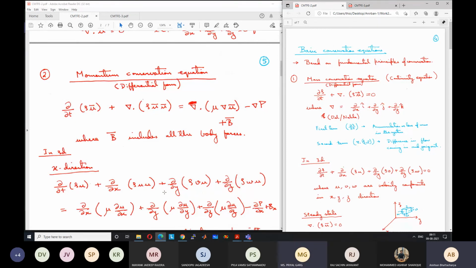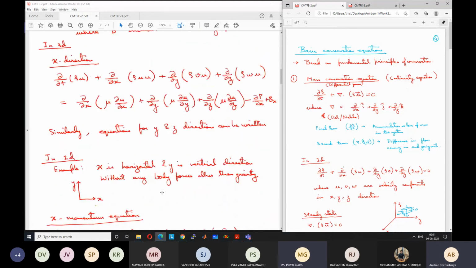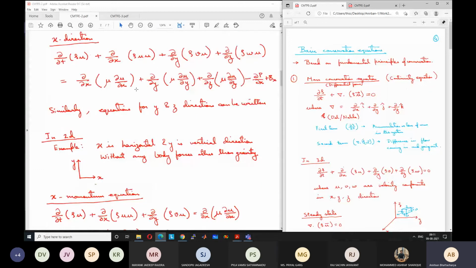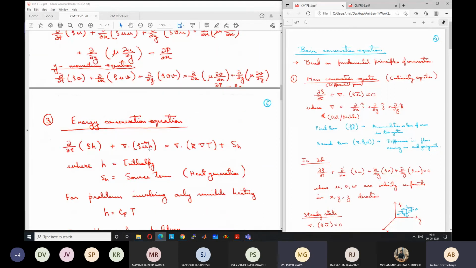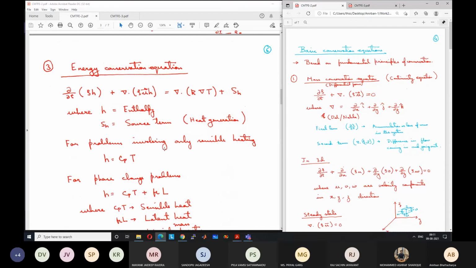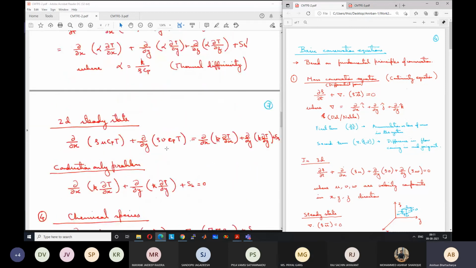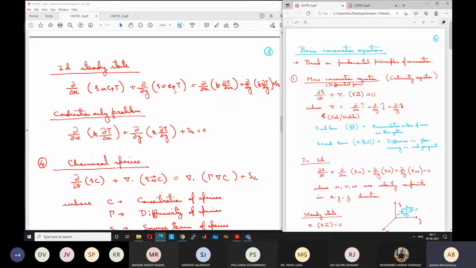It is similar to the convective heat transfer terms. Here momentum is being carried in all the three directions. Instead of that, in the energy equation, enthalpy or temperature is being carried in all the three directions. If I see the energy equation, yes, temperature is being carried in all the three directions due to the flow in these directions.